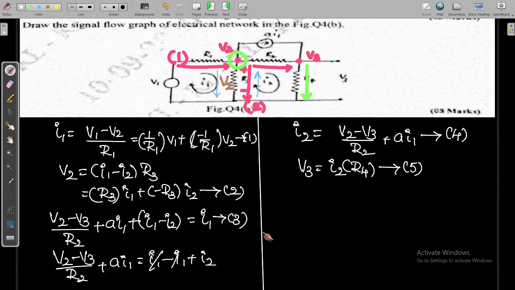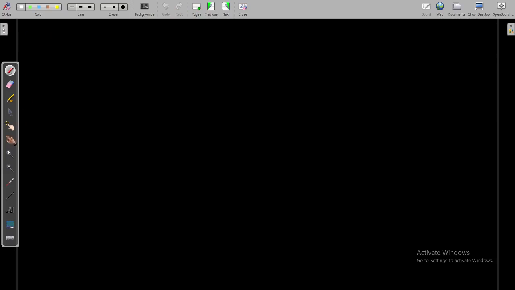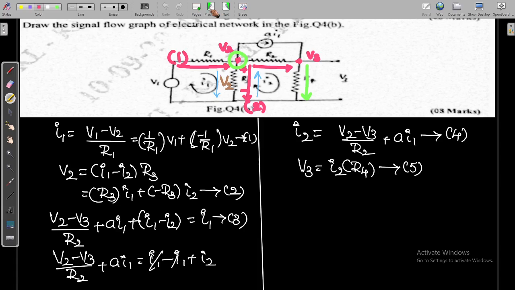So now we have to draw the signal flow graph by considering all these things. So let us draw in the next case. First we have to identify the nodes here. So I will represent the nodes, how many number of nodes are there. Here you have to see what the problem is given, he is asking for the signal flow graph. You have to draw the signal flow graph only, no need to find the transfer function. So let us draw the signal flow graph. I am taking the nodes here, 3, 4, 5. Okay, we will see if any use are there, we will take it.